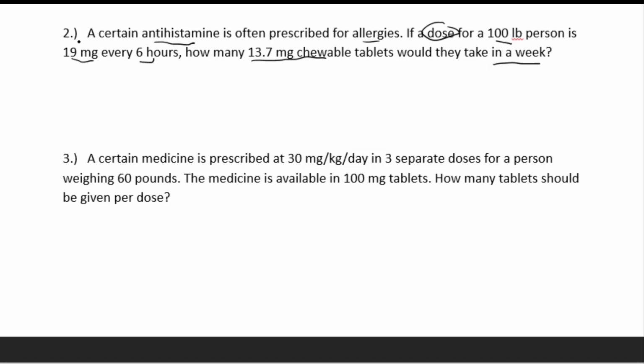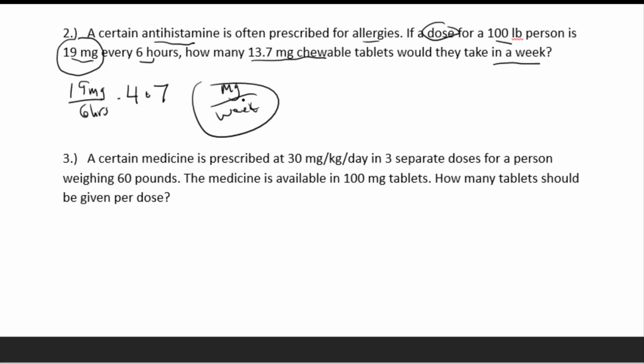Well, first let's find out how many milligrams they take in a week. If they have 19 milligrams for every 6 hours, you would take 4 doses, because there's 4 6-hour periods in a day. And then you would take that for 7 days. And that would give you how many milligrams per week. And I think I gave you too much on that, but